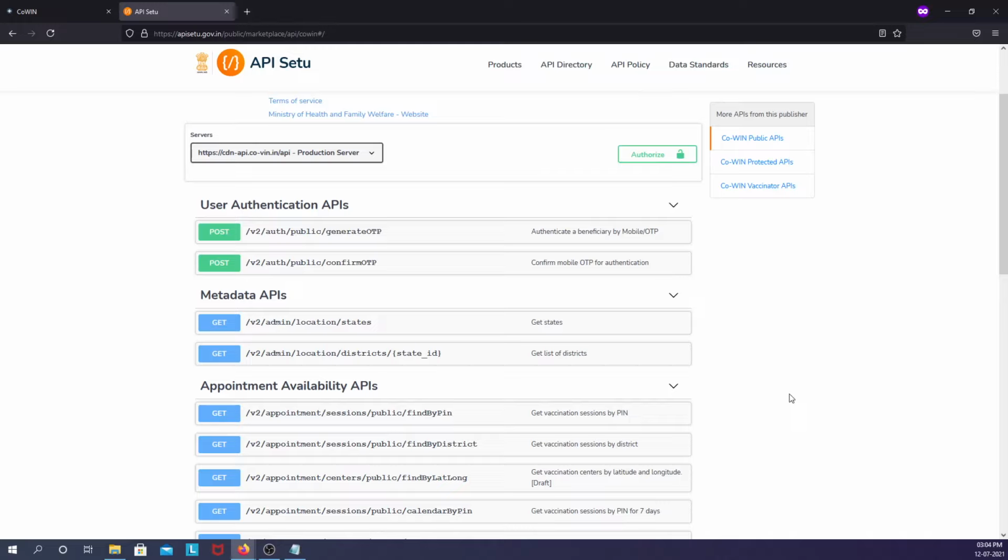So what is documentation of an API? Documentation of an API is nothing but storing the details corresponding to an API. What is the API endpoint URL?